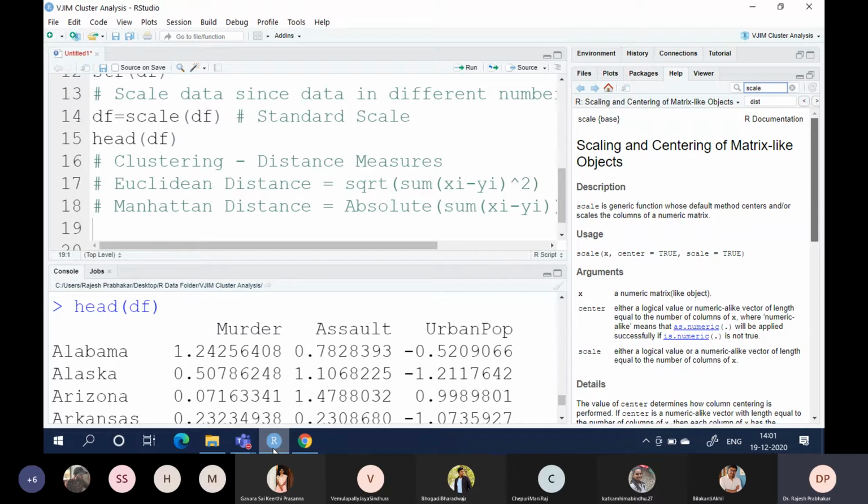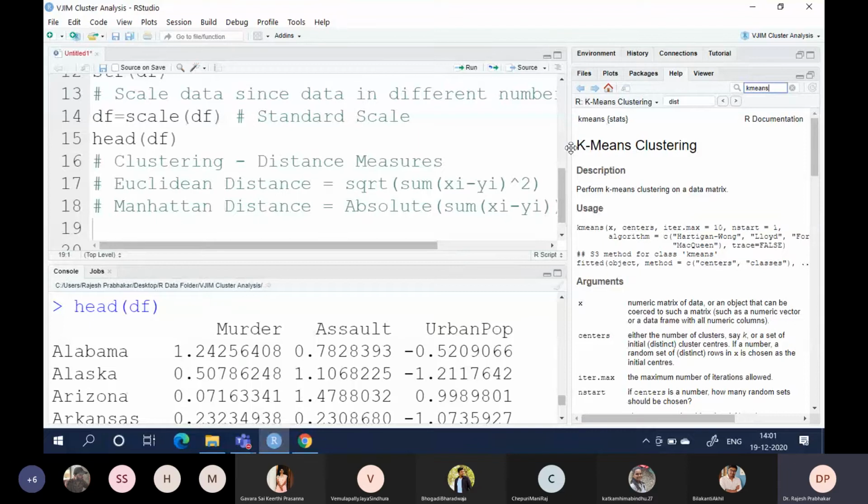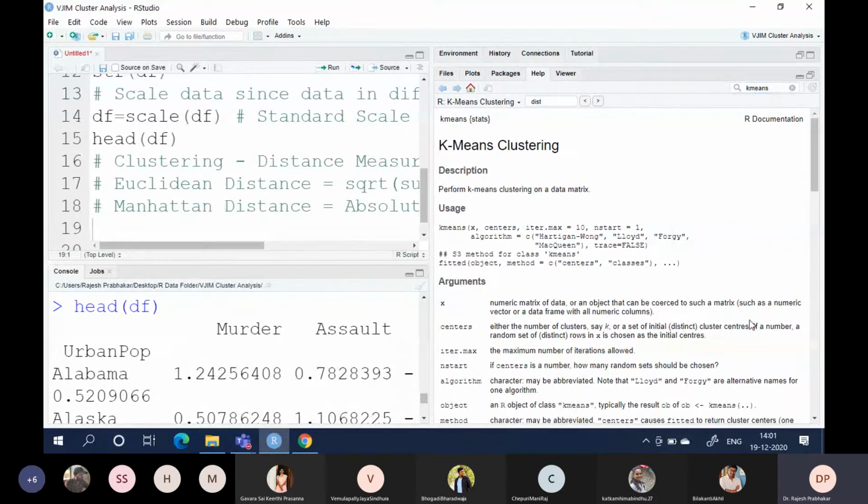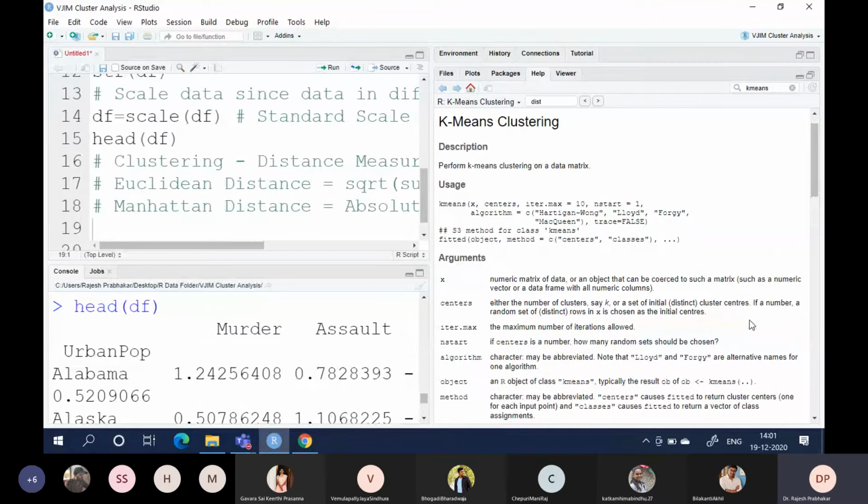As part of the algorithm, it generally calculates distances. So let us see how we will get the k-means. In k-means, we have algorithms: Hartigan-Wong, Lloyd, Forgy, MacQueen.